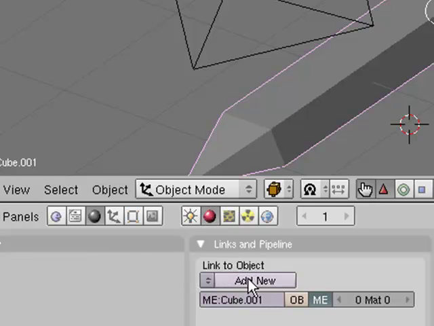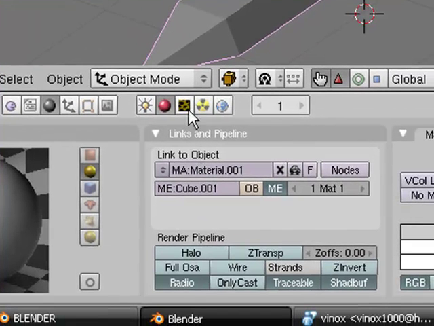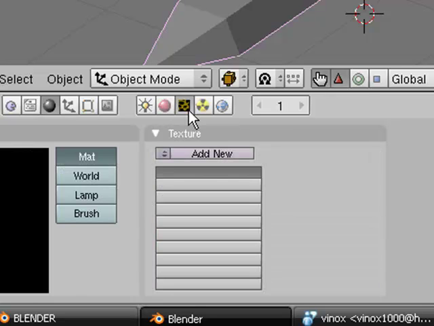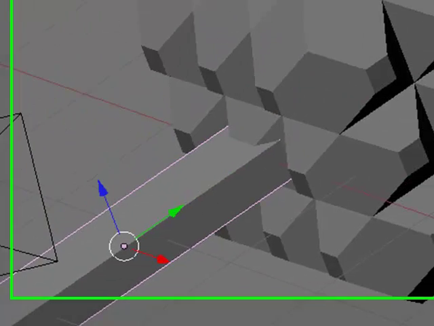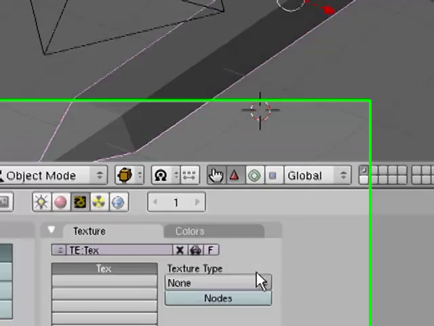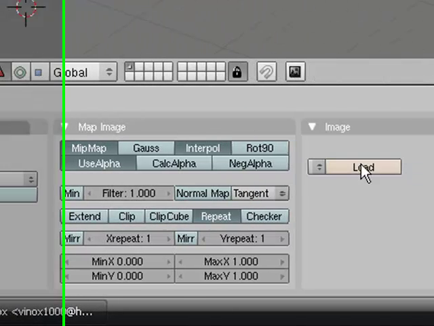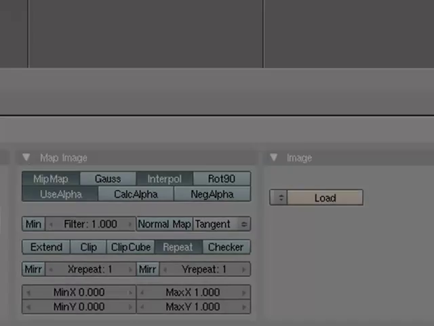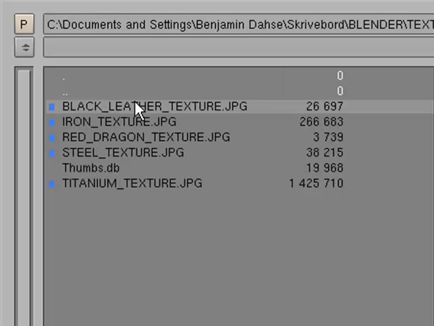Now where it says link to object, click add new, and now you're actually able to add a texture to this too. So actually what we just did was we linked this object to this object, so we're now allowed to add a texture to this one too. That has something to do with the fact that it will only apply textures on active objects. So by linking the handle to the maze head, we're making the handle an active object too, and like that it will allow us to